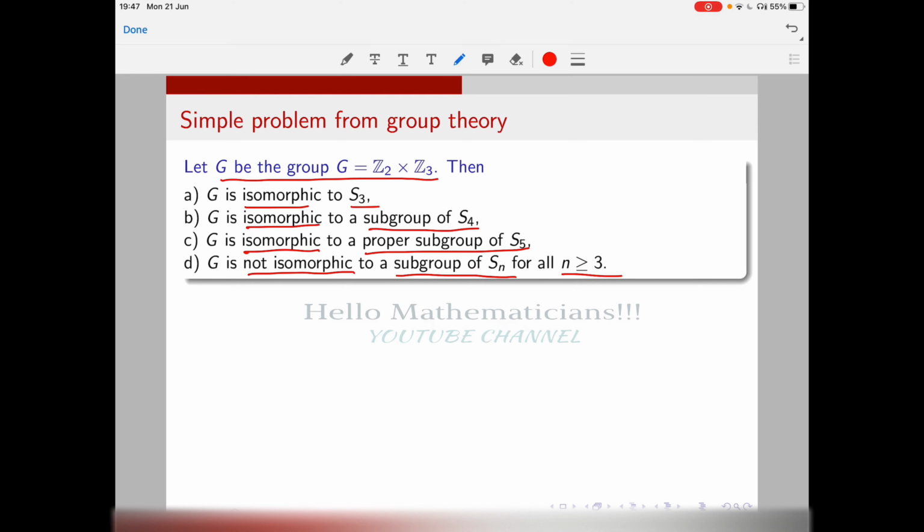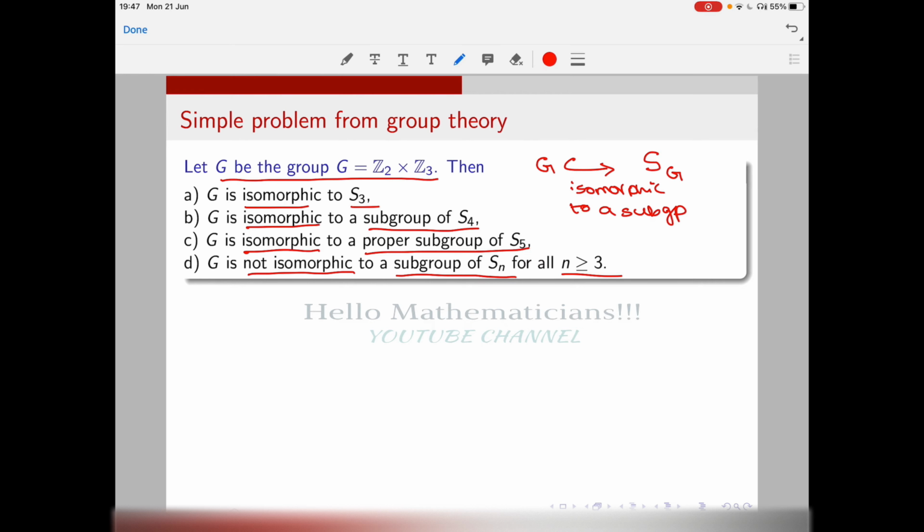That means that if you take a finite group, it will be isomorphic to a subgroup of some permutation group. If you look at the proof, they show that you take any group G, and this arrow means that it is isomorphic to a subgroup, or we say that G can be embedded into S subscript G.